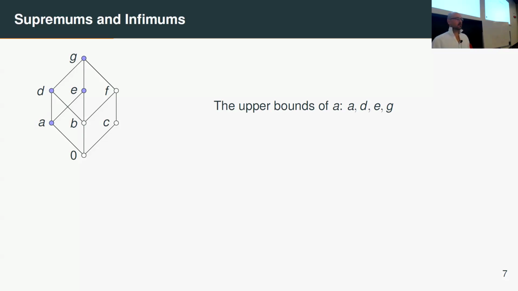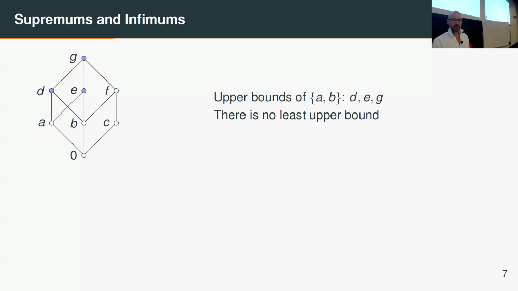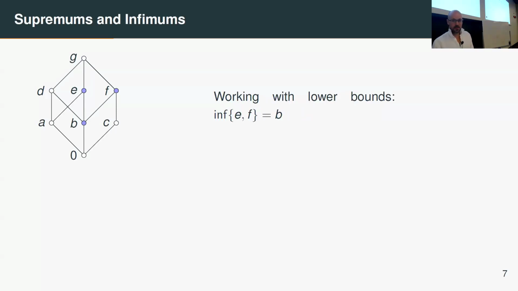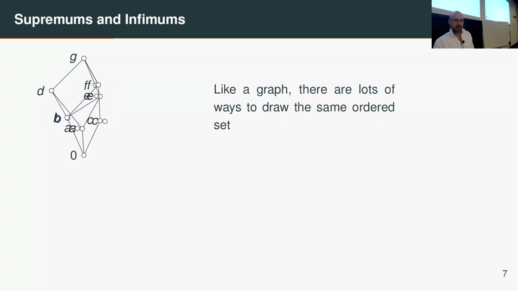So we have upper bounds. These are just the elements that are above a point. And we possibly have least upper bounds, or we possibly don't. So here are the things that are above both A and B, and it's D, E, and G, and you'll see there's no minimum in this little set, D, E, and G. So there's no least upper bound for A and B. But if we look at B and C, we'll see that F is the least upper bound. If we look at the things above both B and C, then it's only F and G, and F is the smallest of them. And you can also get lower bounds, which I'll skip over. It's just the same kind of thing.